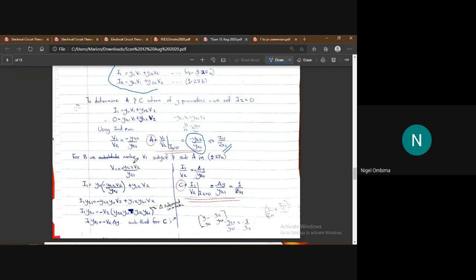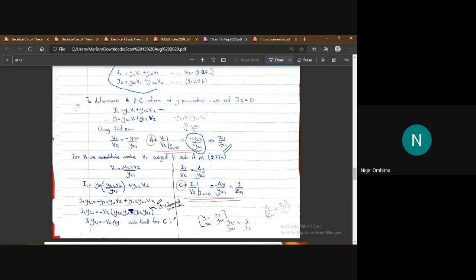So we make V1 the subject and substitute in here. We get I1 for this first equation is equal to Y11 times this, which we substituted here, plus Y12 V2. Then continuing, just math: multiply everything by Y21, this side disappears, and I1 Y21 is equal to negative Y22